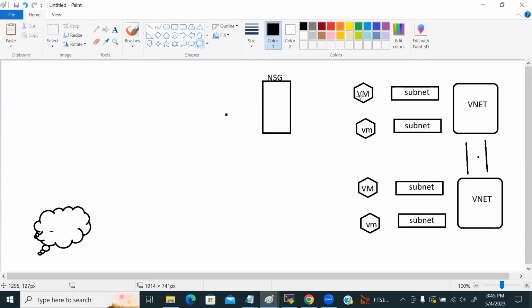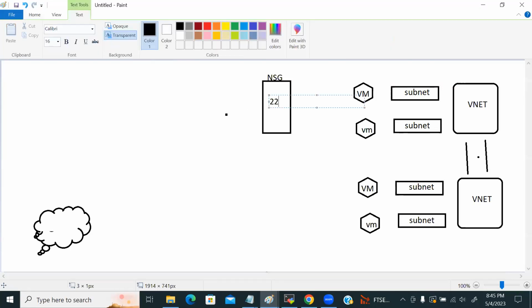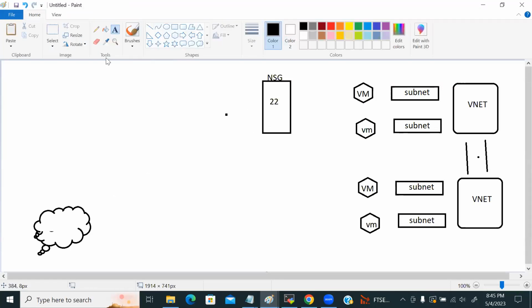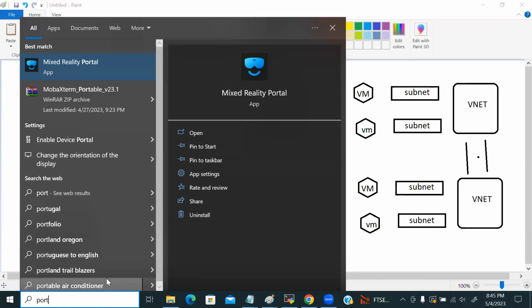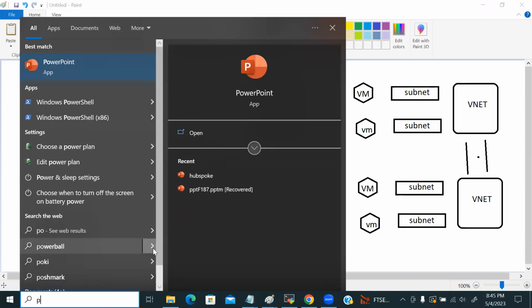this VM. So here in the NSG, whenever we are creating a VM, automatically an NSG is getting created, and we are allowing port 22. So through internet, we are able to access this VM because in NSG port 22 is allowed. Now, first of all, what is this port? You need to understand, those who don't know what this port concept is. So now we need to understand this port concept first of all. Then easily you can understand the next